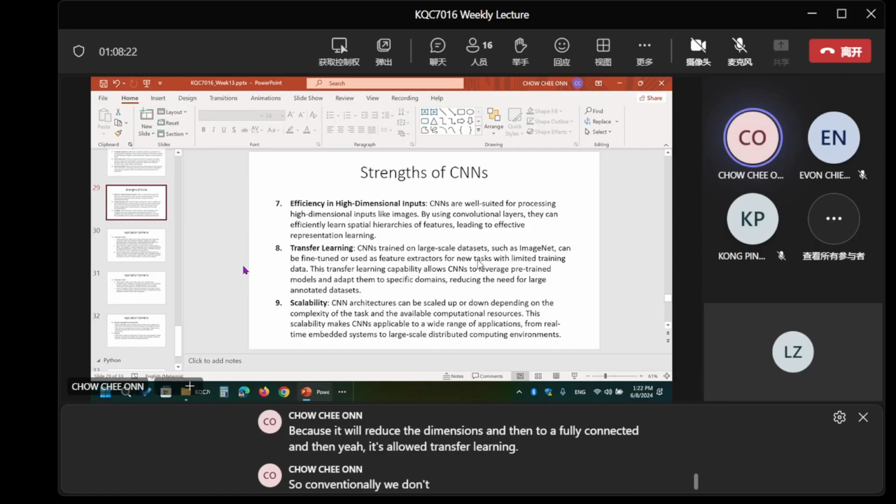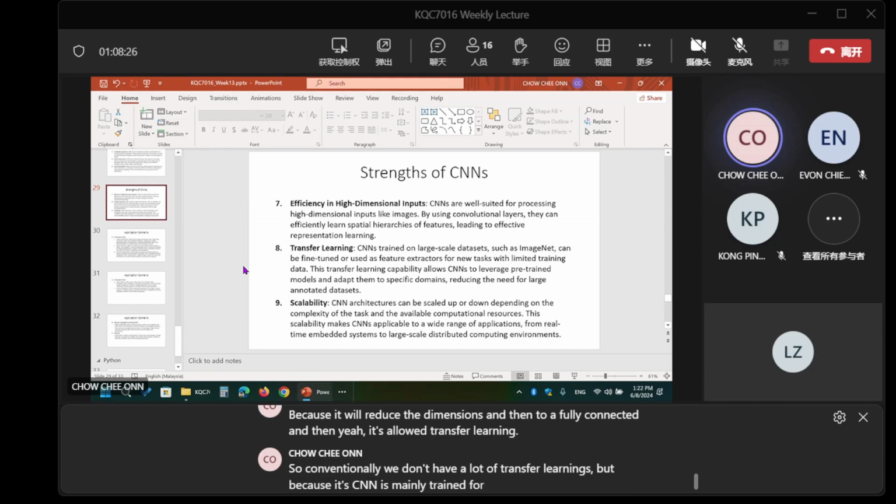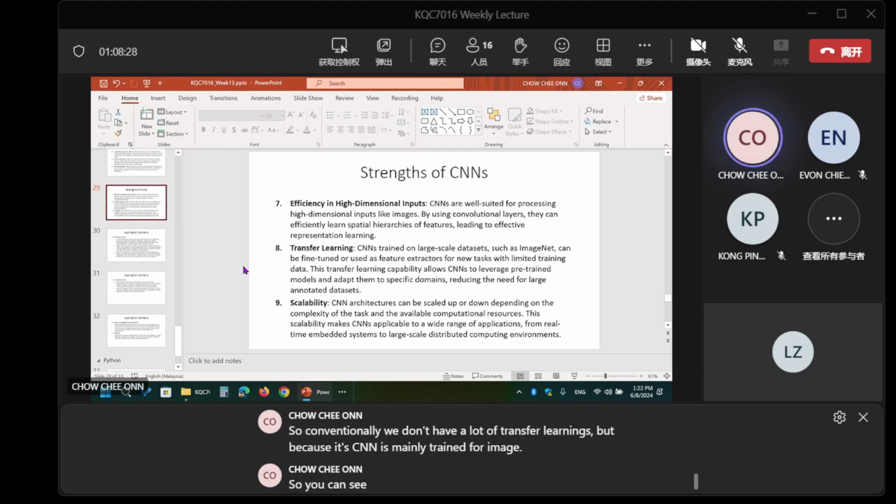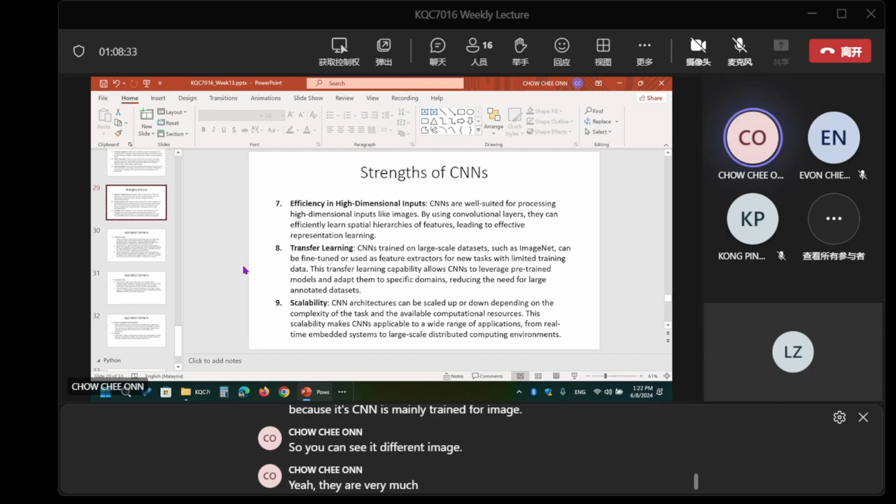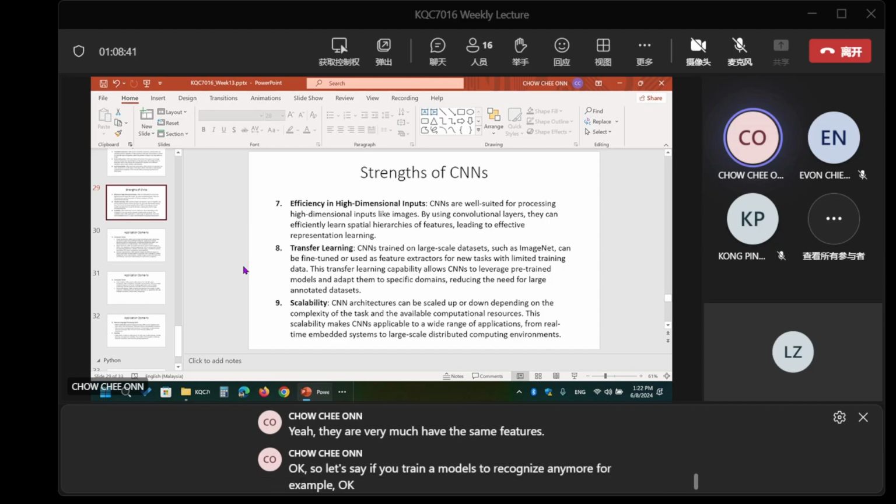Conventionally, we don't have a lot of transfer learning, but because CNN is mainly trained for images, and different images have very much the same features. So let's say you train a model to recognize animals, for example.